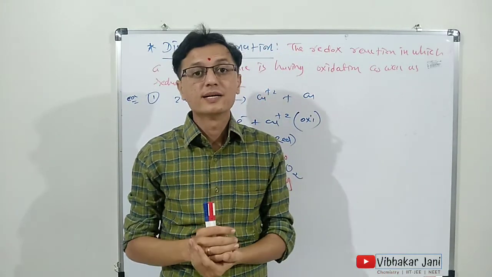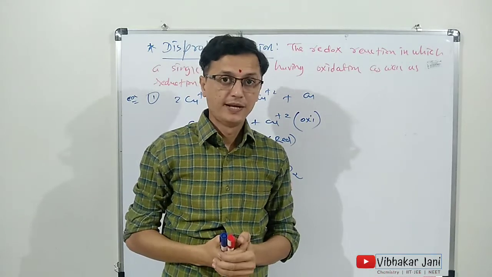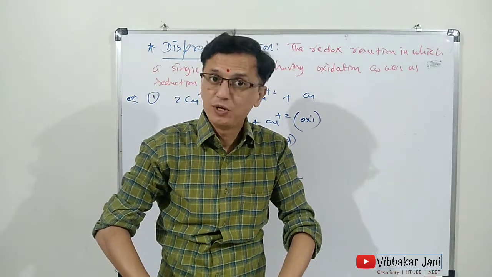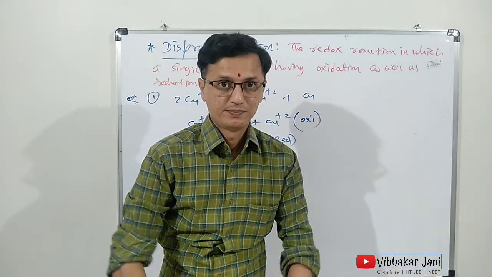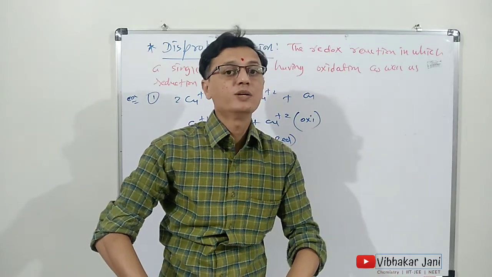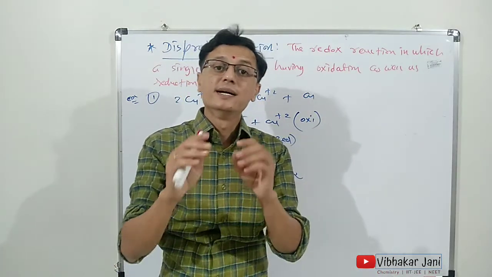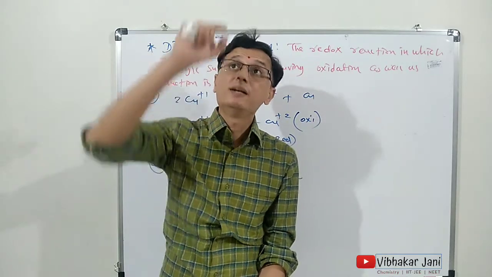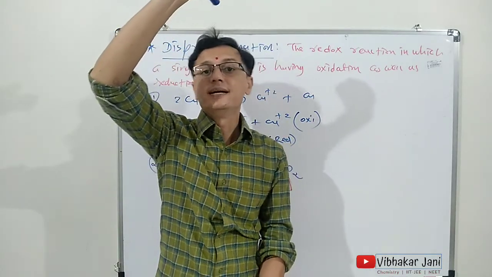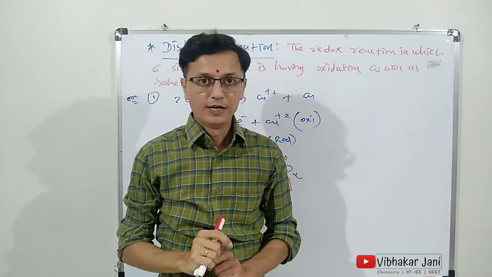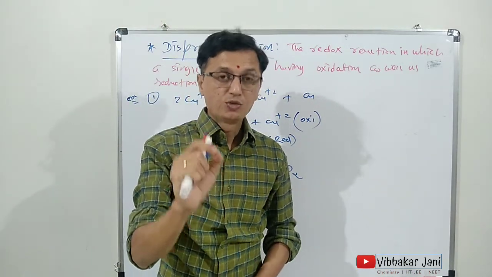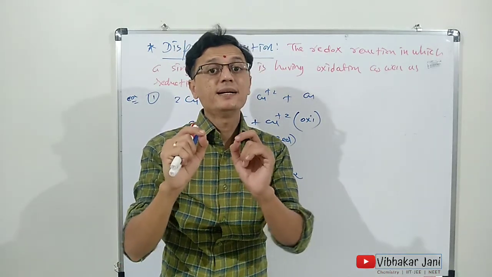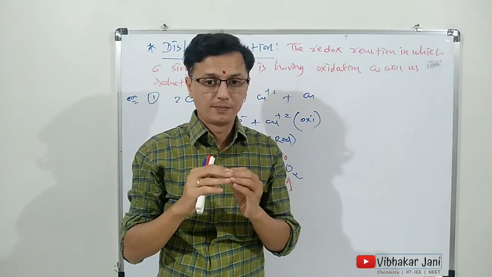So it is not said to be a disproportionation. If a species is having the minimum oxidation state, then it will not go further down, so there is only one possibility: to increase its oxidation state. That means it can have only oxidation if it is in the minimum oxidation state, and if it is in the maximum oxidation state, it can have only reduction. So a species to have the disproportionation property must be in an intermediate oxidation state.